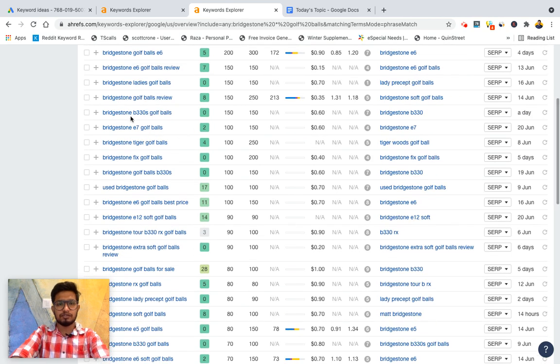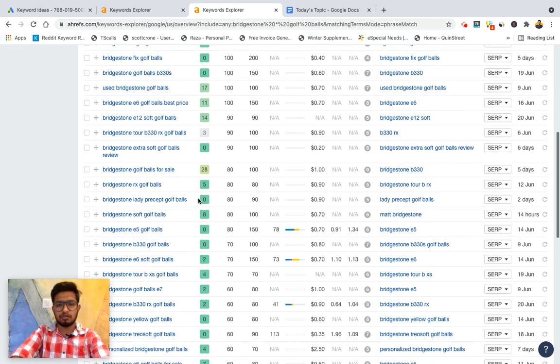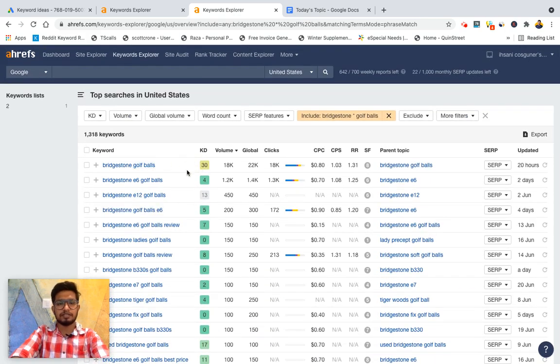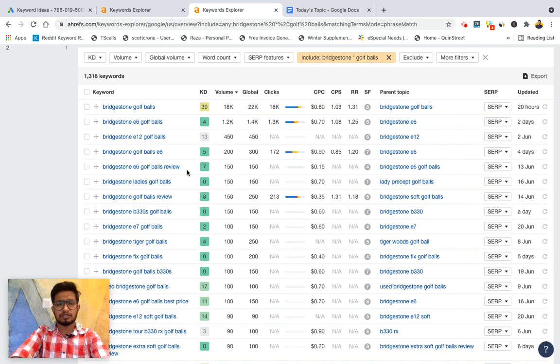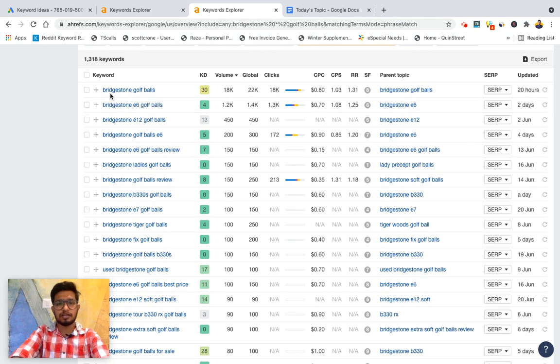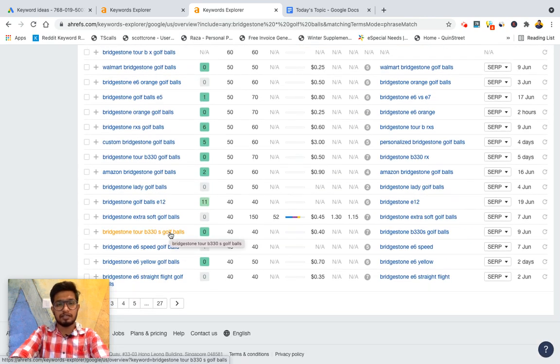golf ball reviews. Now we got one more keyword, reviews after a product, Bridgestone E7 golf ball, Bridgestone Tiger golf ball. Now all these are low competition keywords which others might not be targeting. You can just write a basic simple introduction of this golf ball and features and give an internal link to the main keyword or main post you are targeting for golf balls. Now similarly you can get more keywords for any niche, any brand, and more products of such brand.